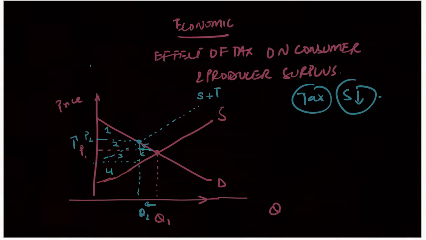So we will be looking at the impact before tax. Consumer surplus, or CS, was what? If we look at this line, it was 1 plus 2 plus 5, this whole section till here. That's the gray part, the gray line. This is the consumer surplus. What was the producer surplus before? Producer surplus, this section. So it was 3 plus 4 plus 6.